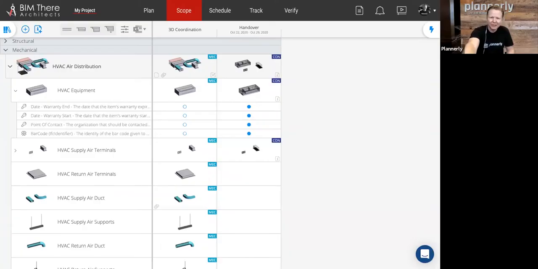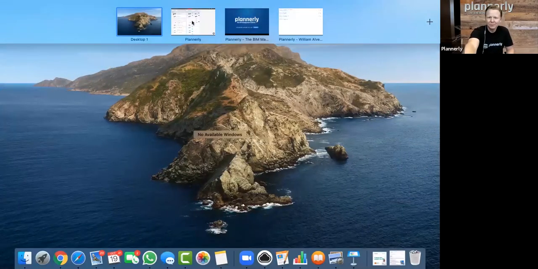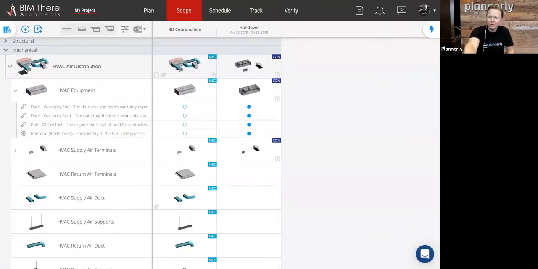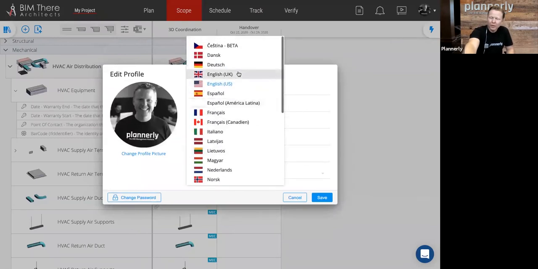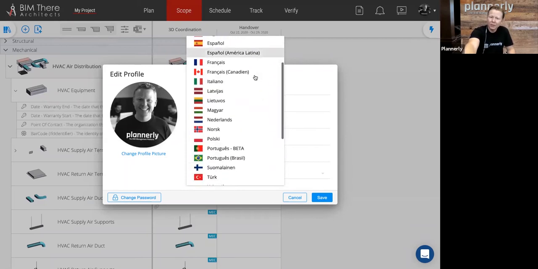And one of the things that we pride ourselves on, if I just jump back into the platform, is if you look at your profile, you can actually change the language that you use. And I believe we support nearly 28 different languages.